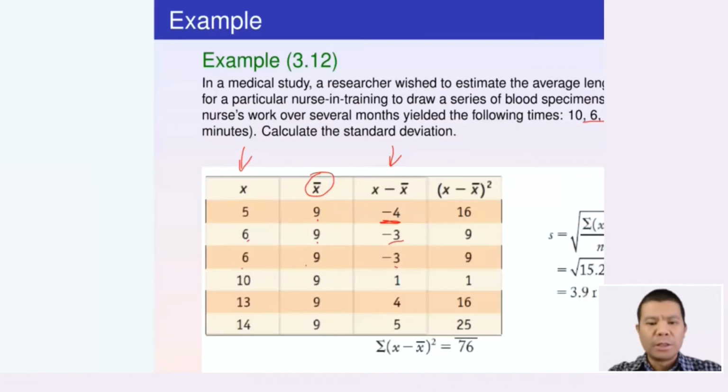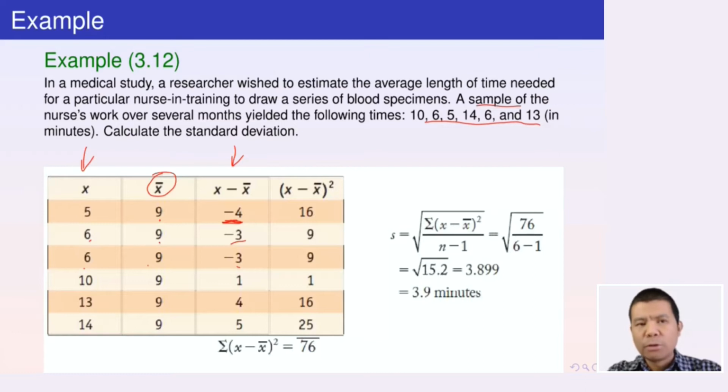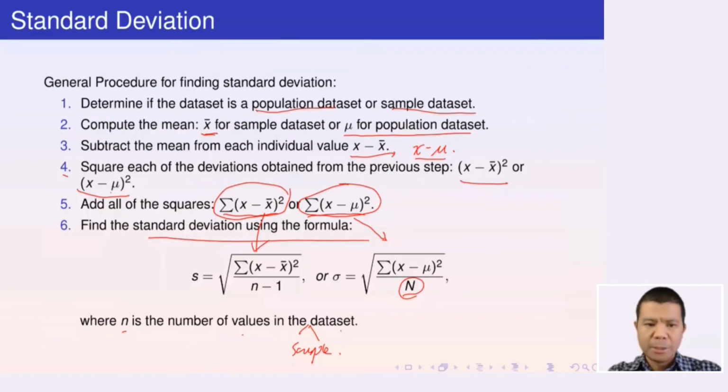Be careful here: the square of -4 is 16. The square of -3 is 9, 9, then 1, 16, and 25. So in the fourth column, we got all the squares of the deviations. This is our fourth step. In the fifth step, what do we do? Add them up. We add all the squares up, and we got